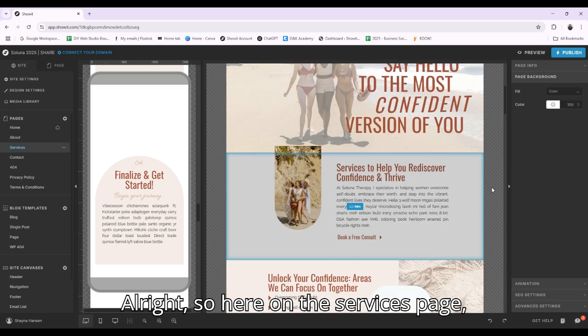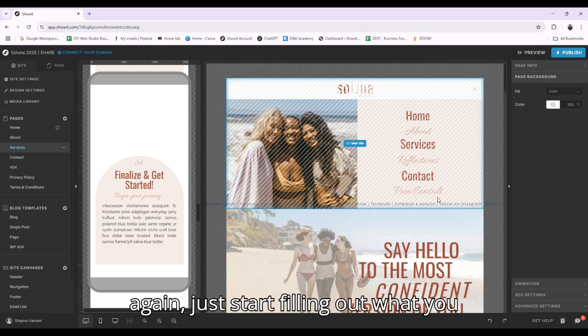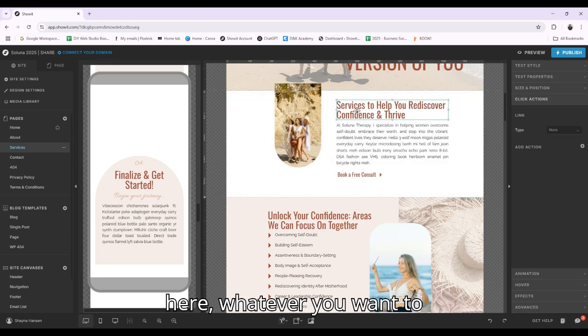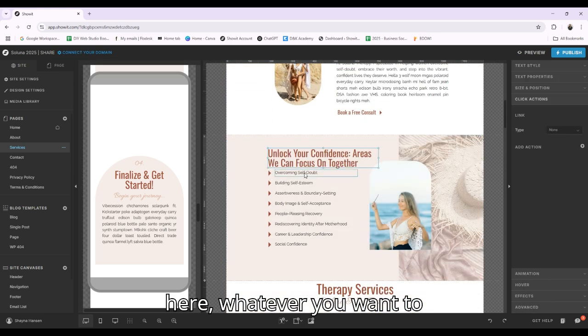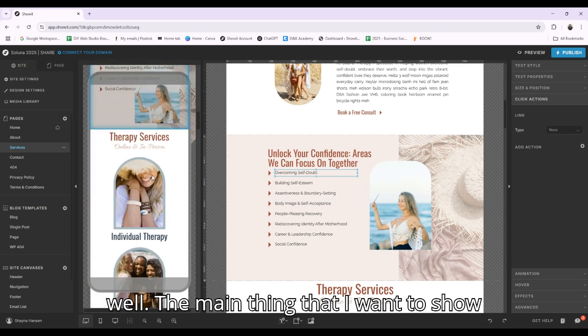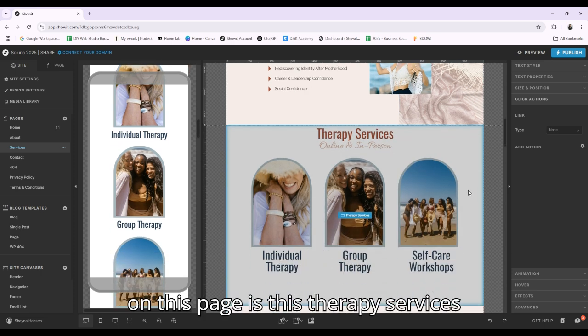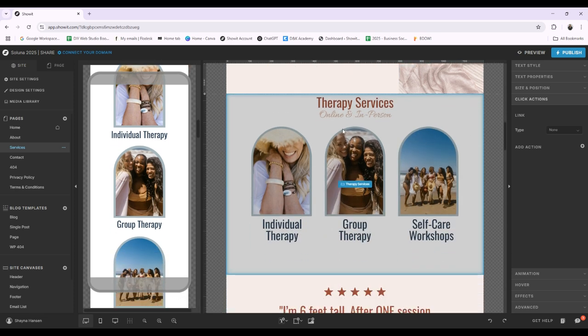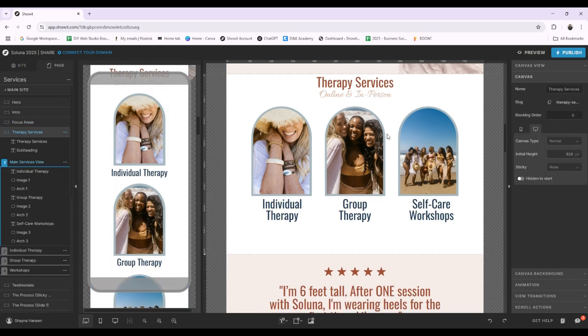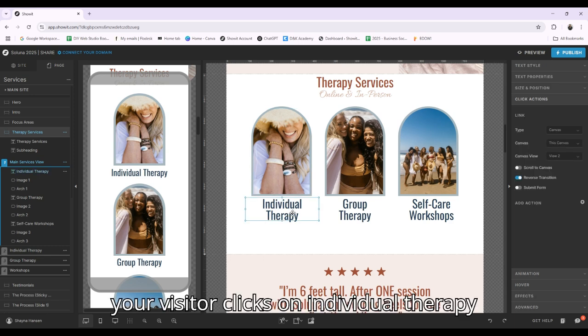All right, so here on the services page, again, just start filling out what you need to change here, whatever you want to show on this website, and make sure that you update it on your mobile side as well. The main thing that I want to show on this page is this therapy services canvas, which has various canvas views. So when your visitor clicks on individual therapy or on the image, it will take them to this